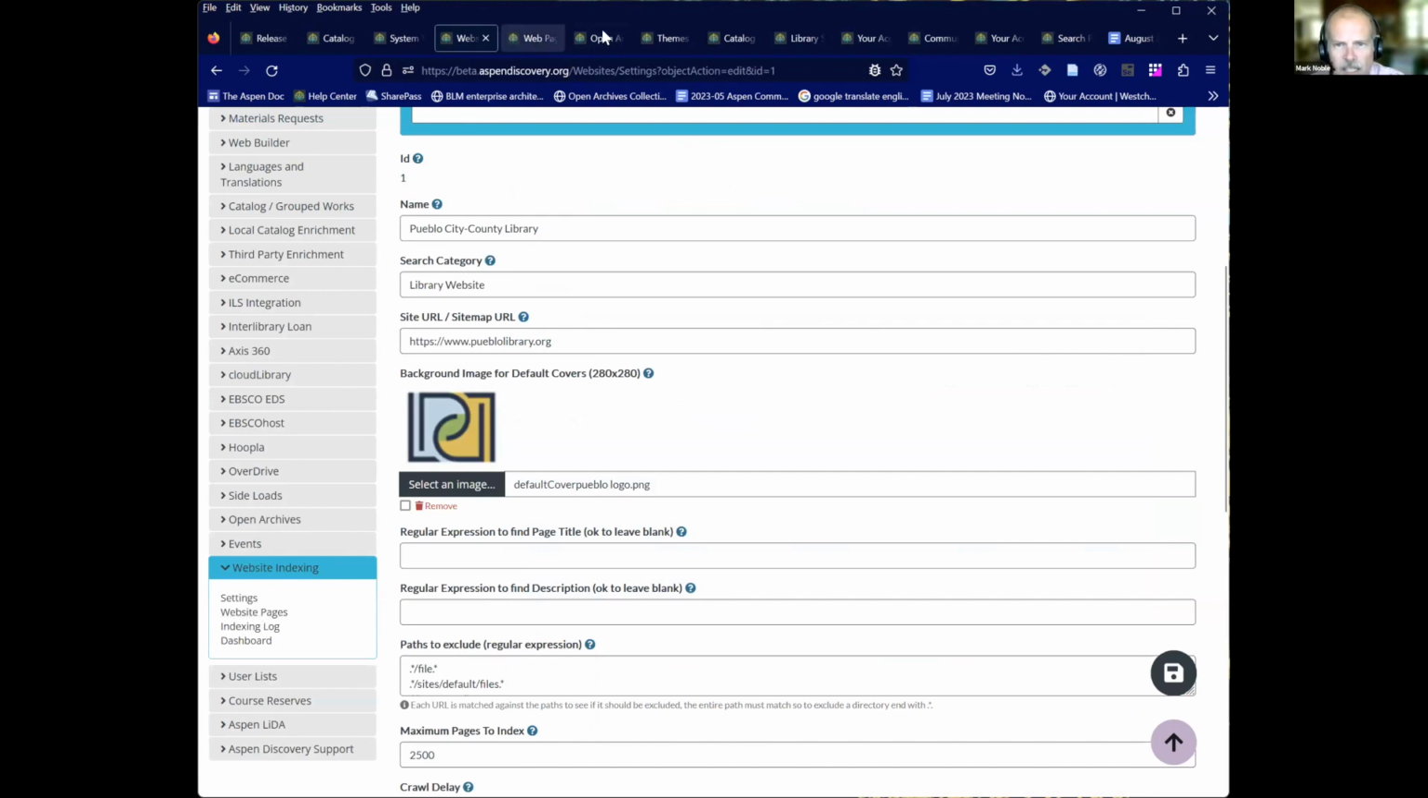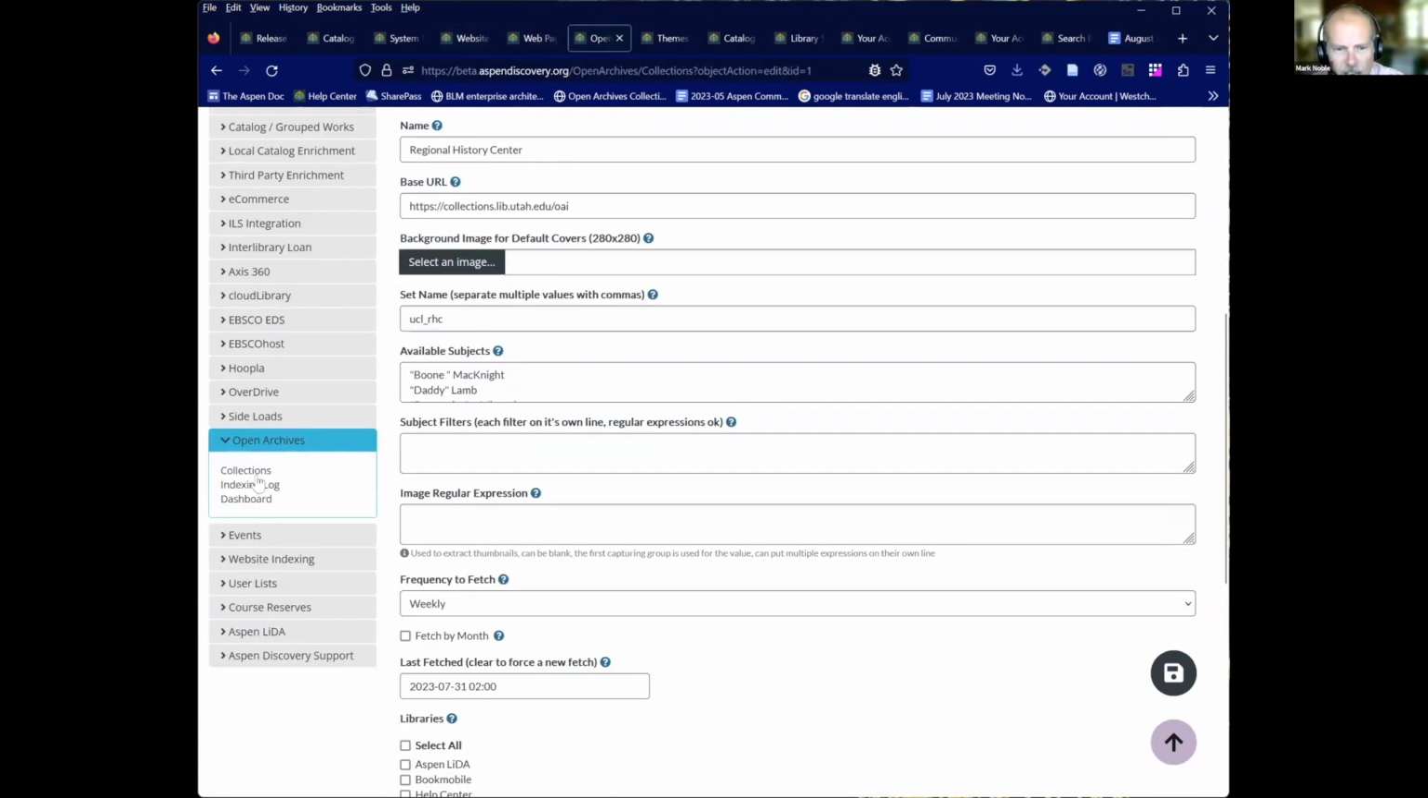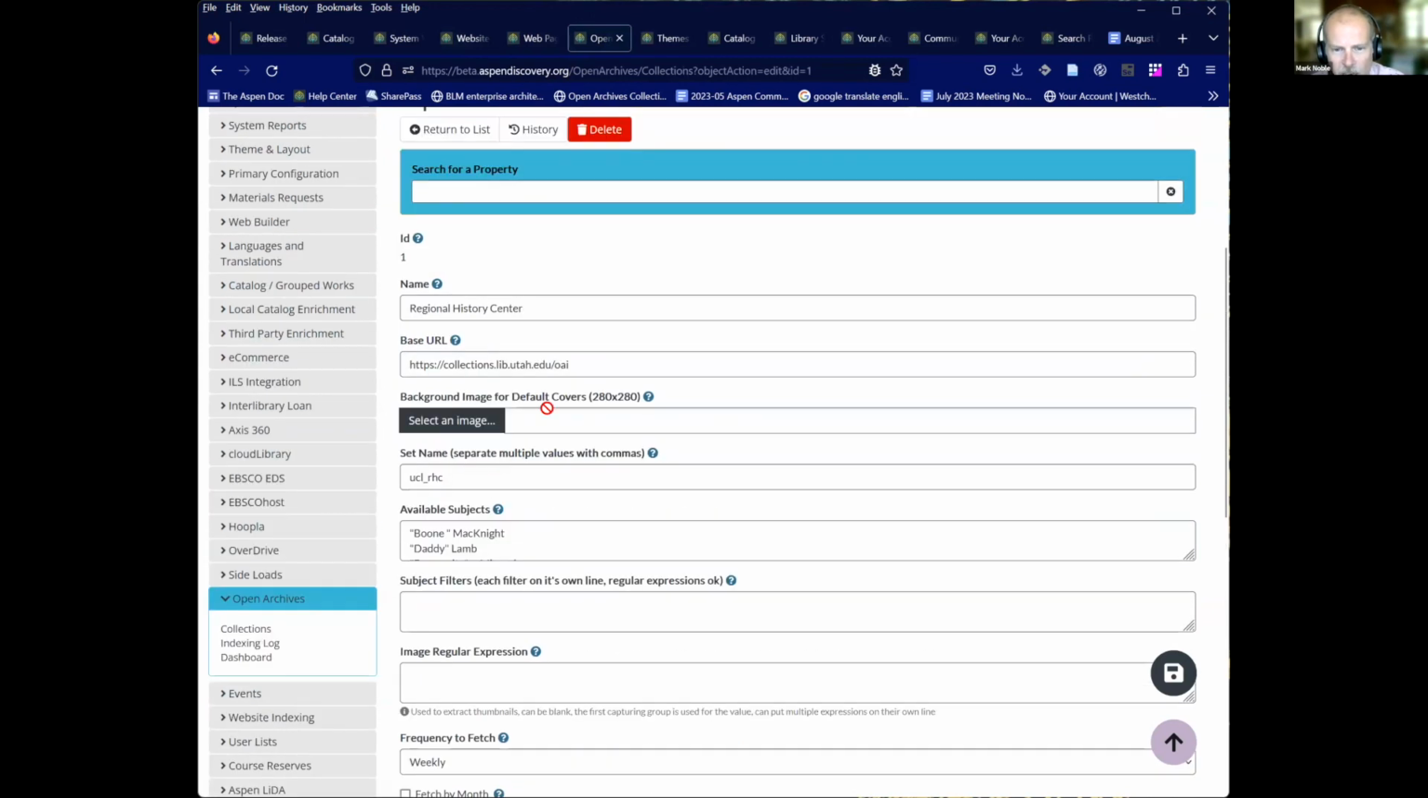And then similarly in your open archive settings, you'll be able to set a background image for the default for those different collections. So again, if you have a bunch of different collections where we can't pull through some of the images, then you can easily tell them apart. So cool. So that's those. We also updated, as long as we're talking covers,